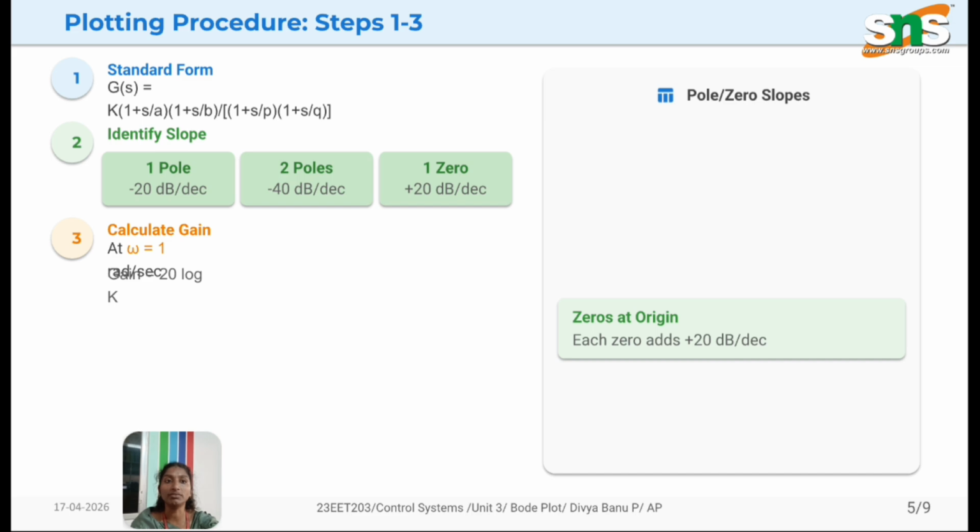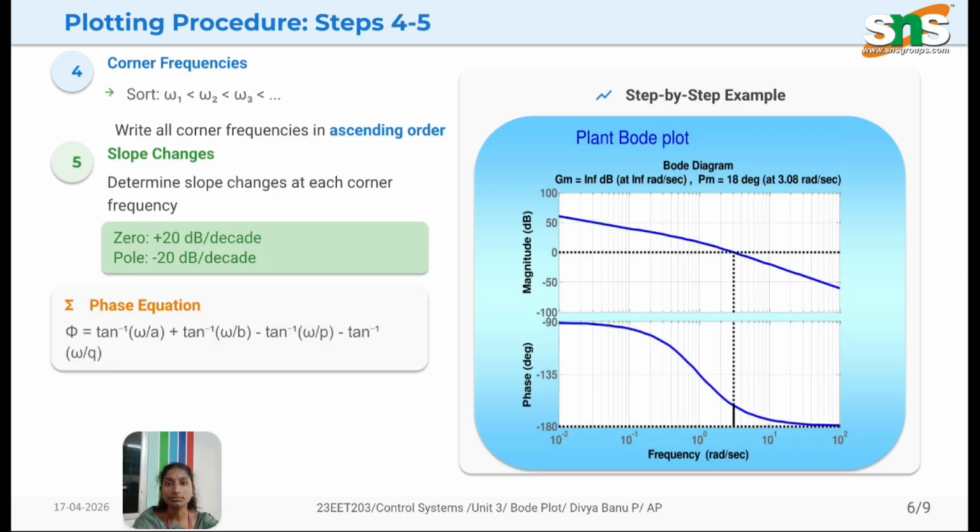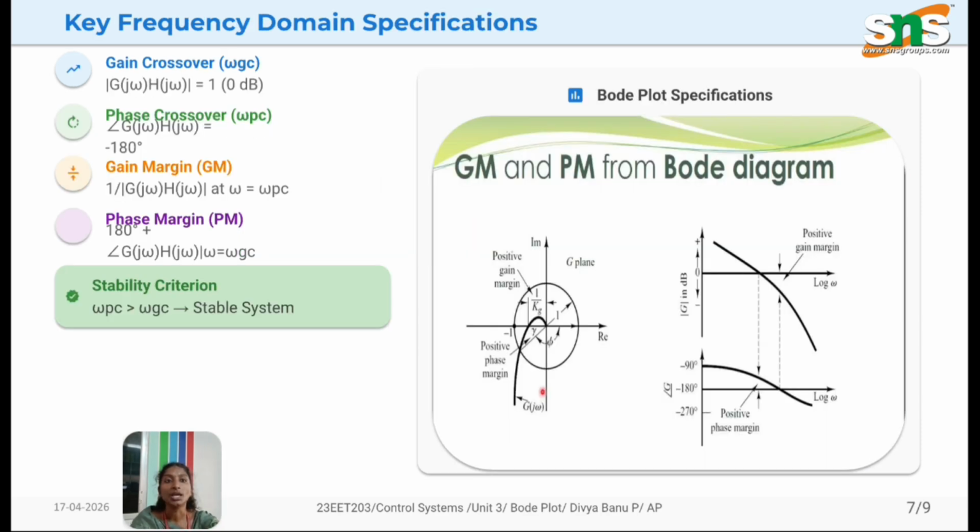Next we proceed with the phase plot. For the phase plot, if s is in the numerator, we go with 90 degrees, and if s is in the denominator, we go with minus 90. If s squared is in the numerator, we go with plus 180, and if it is in the denominator, we go with minus 180. This will be the procedure for